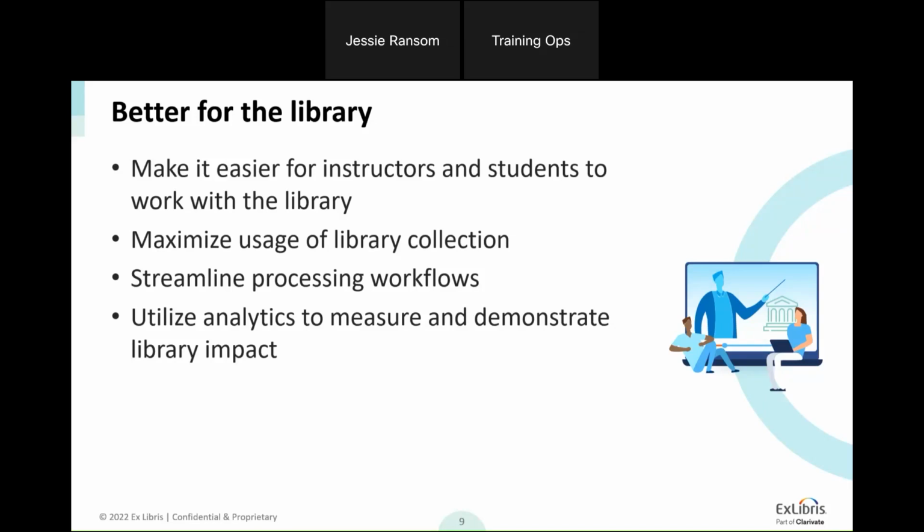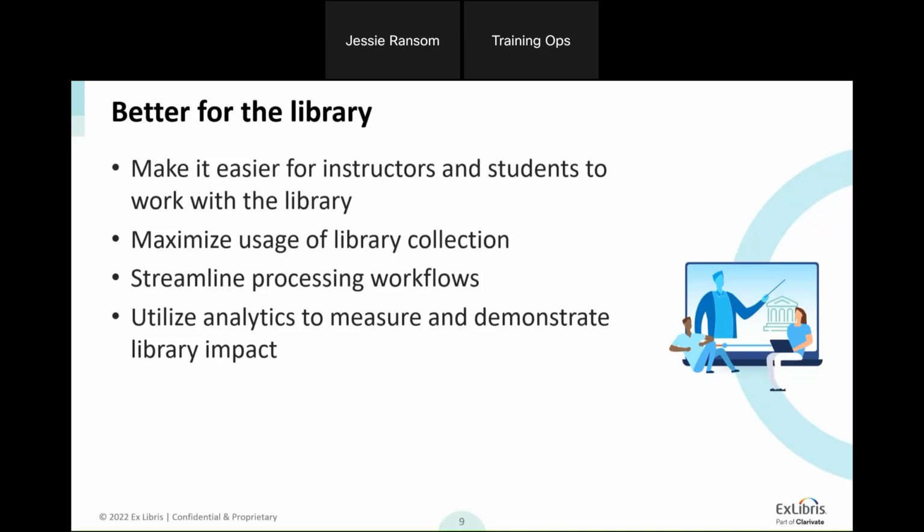But I think the important thing to remember here is that if you are doing sort of traditional course reserve services, you're doing the work anyway. Your library is still doing work to provide access to course materials. You're just not getting all of the added advantages of using Leganto for that. Things like the automated searching of the library collection, the data entry piece of getting the data entered into Alma. So you can really streamline that work for your library staff.